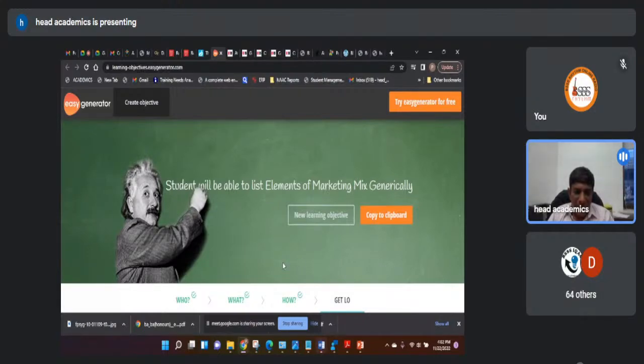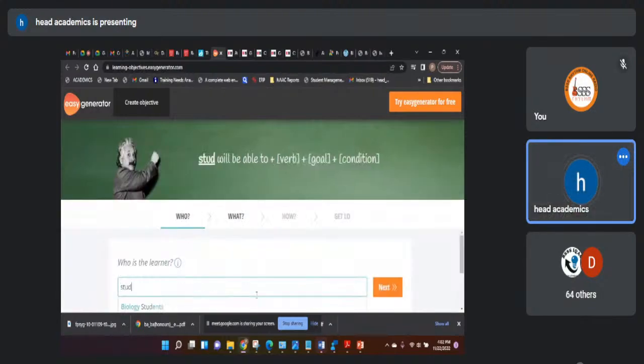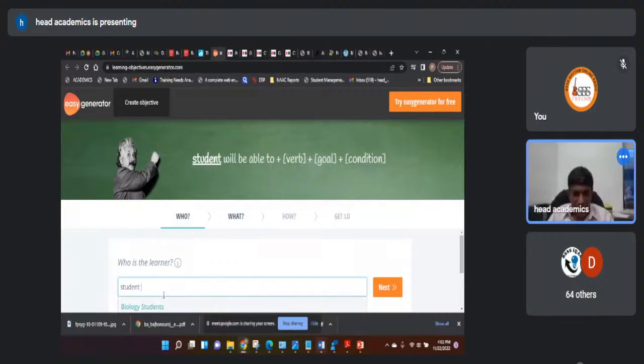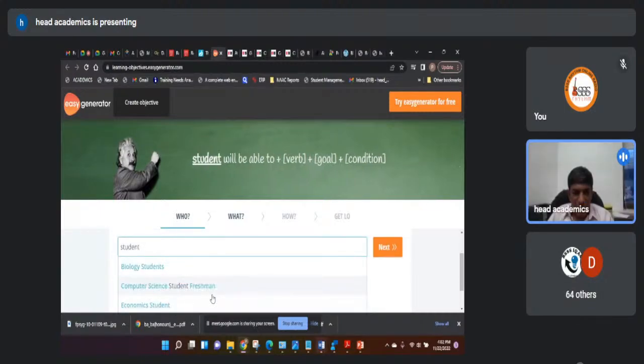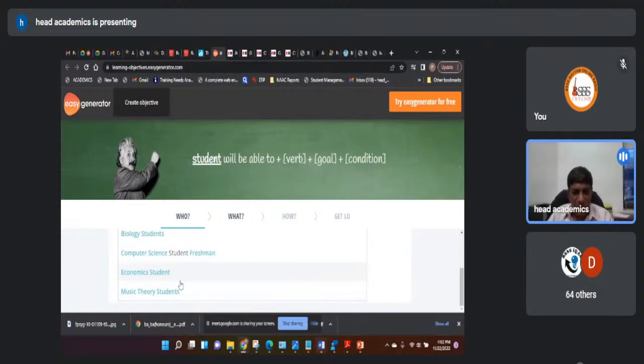This ensures that you don't use a verb which is not an action verb. Of course, the action verbs are not limited to the list of Bloom's taxonomy. There could be action verbs beyond Bloom's taxonomy. Who? Let's say student. You could say biology students or economics students.